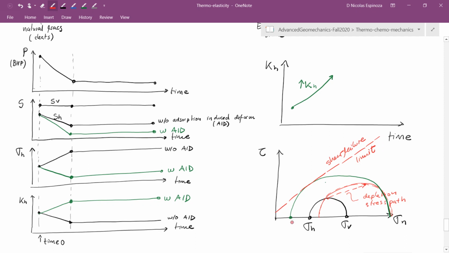So this minimum horizontal stress cannot decrease forever. This permeability is not going to increase forever. This is going to happen when the width of the fractures increases. But when I get to the point of shear failure,